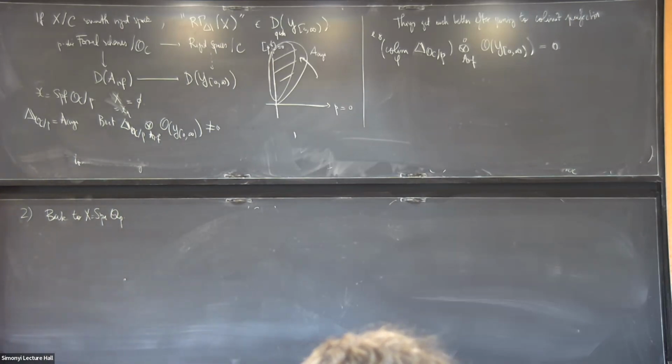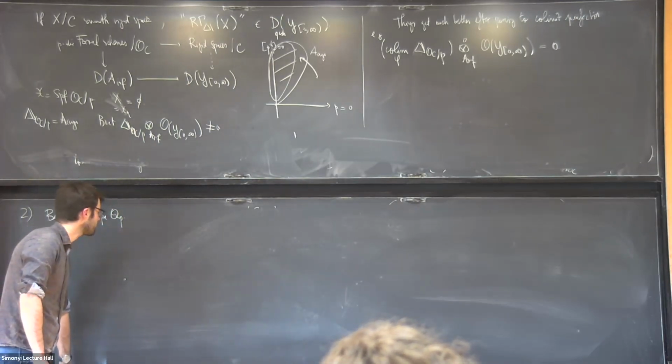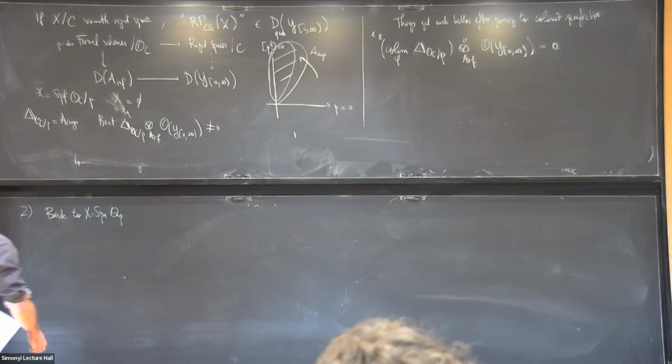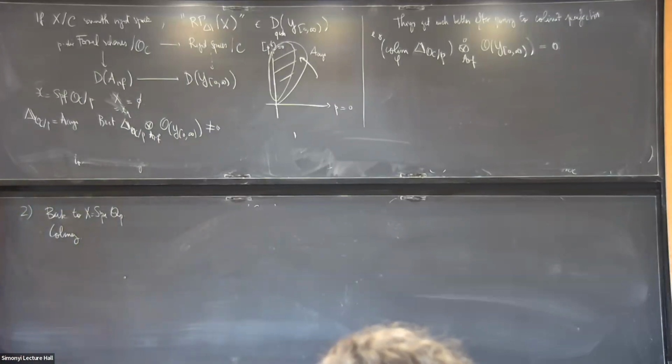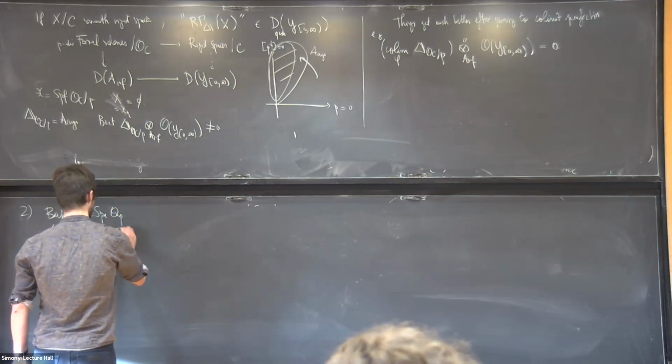Because in this case, there is a perspective on the formulation of Sen theory due to Colmez, which is in the style of Fontaine. So you introduce a certain period ring and try to define invariants by tensoring with these period rings and taking invariants. What Colmez does is that he considers a certain ring,